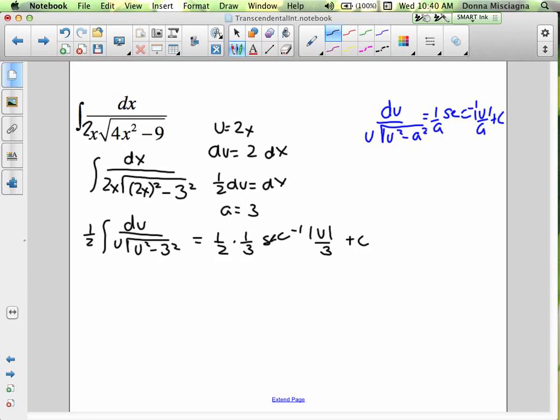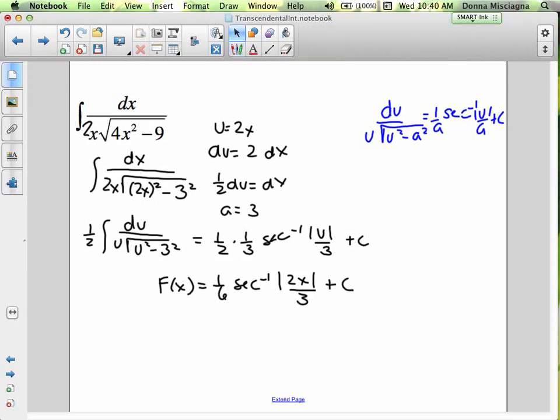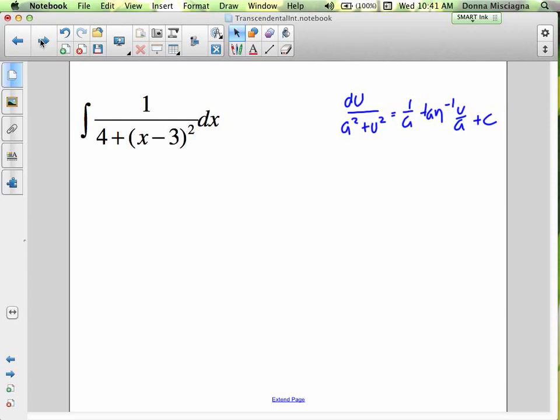Let's clean that up and let's substitute. So f of x equals 1/6 arcsecant, and the u is 2x, so the absolute value of 2x over 3 plus c. And there we go. All right, so really they're very formulaic. A little bit of substitution if you're missing your derivative. I wouldn't have been missing the derivative if I didn't put a 2 in there because my 2 would have